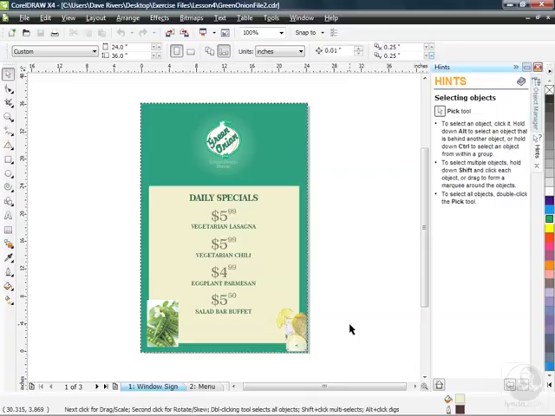Now that you're comfortable with various techniques for selecting objects on your page, it's time to start manipulating them. So in this lesson, we're going to start with moving and resizing objects. There's a few different ways to do it, depending on how precise you need to be. We're going to explore those using the same file we were working with in the previous lesson, our Green Onion